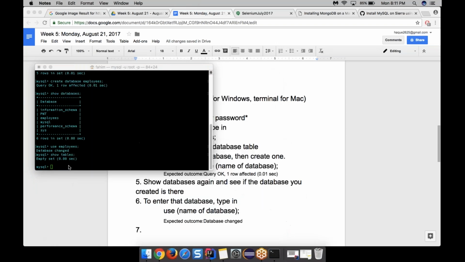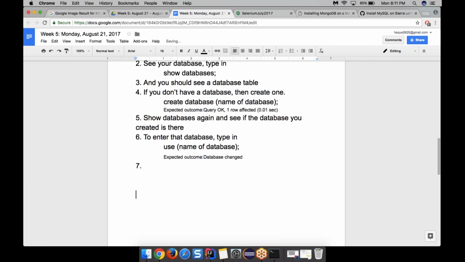Okay, so now we want to create a table. Do you guys remember from SQL how we created a table? It was basically CREATE TABLE, and then whatever the name of the table, let me just put that in square brackets. And then it's followed by what? It's followed by basically the parameters. We're not initializing the values, we're just declaring basically. So we could have